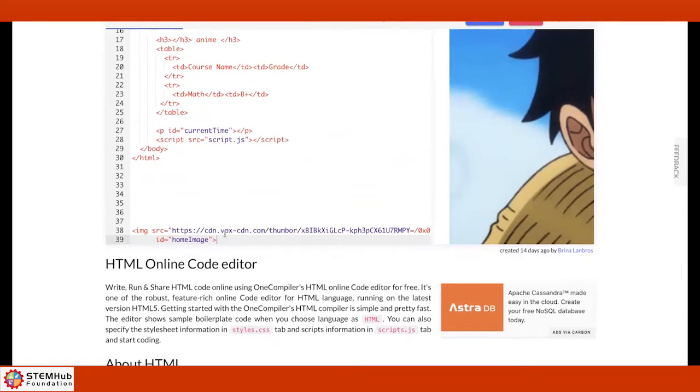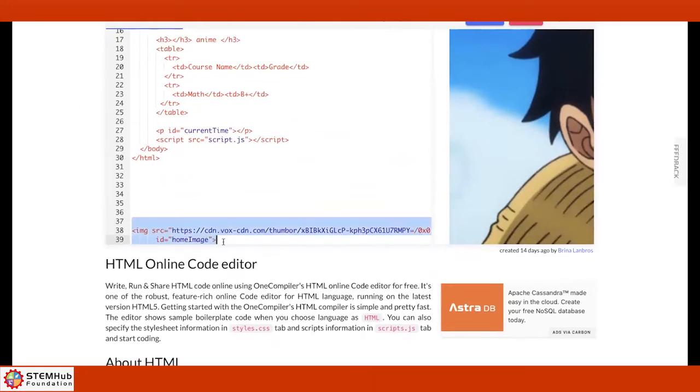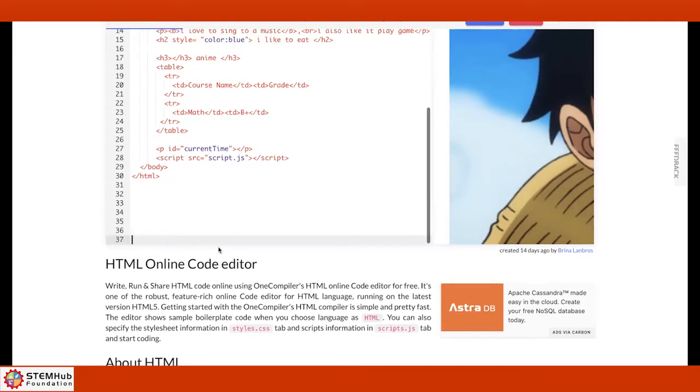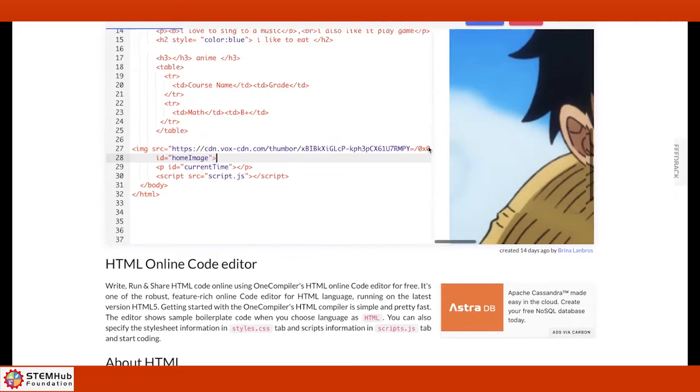It's like you've put the image on the floor. It's not even on the body. So copy that whole image. Actually, cut it. Control X. Don't copy, cut it. Right click and go cut. And then go to where it says table. Click below table. Yeah, line 26. Paste. Perfect. All right, so you have your image there.